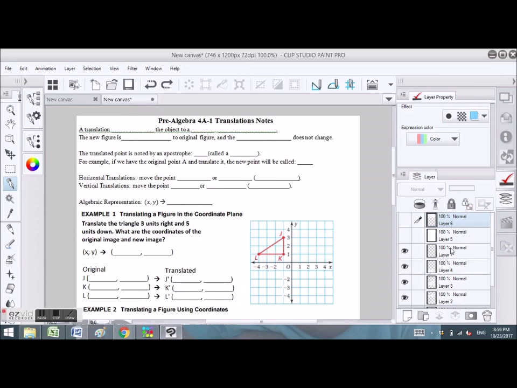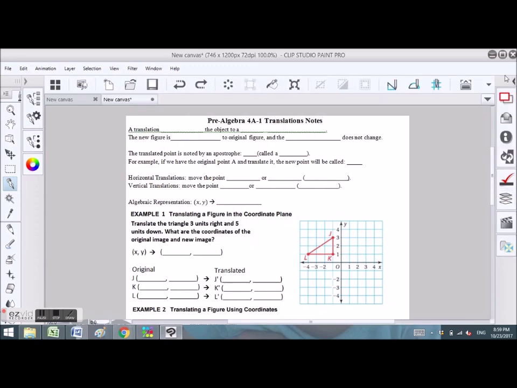Let's talk about translations. A translation is something that slides the object to a new position. So when we are sliding these figures, they are congruent to the original figure, and the orientation does not change. So imagine you were doing the electric slide. You would just be moving to a new position, but you would still look exactly the same, and the direction